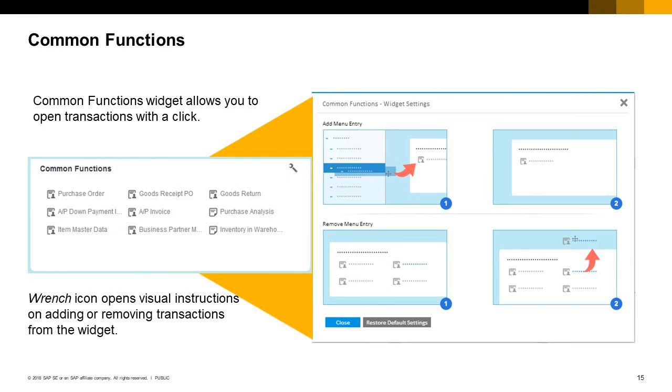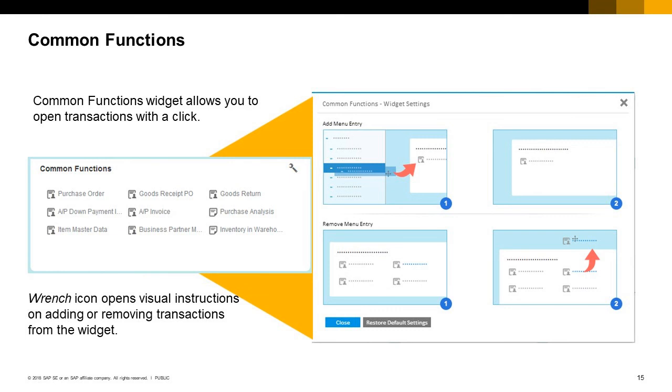Just click on a desired menu item and drag it into the widget. To remove transactions, just drag them off the widget. The wrench icon opens visual instructions on adding or removing transactions. For our business example, we will add the following transactions to the widget: Item Master Data, Purchase Order, Good Receipt